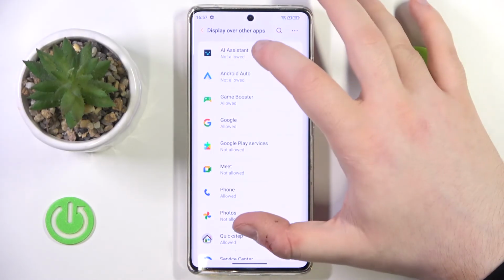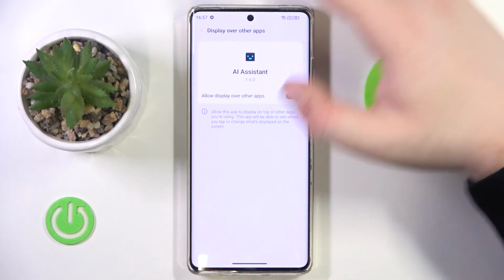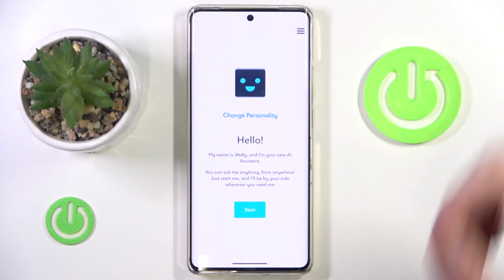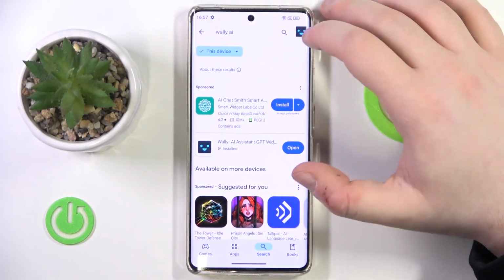permissions. Now you have to select AI assistant and click here to allow this app to display over other apps, and then you can go back and go back again. Now click start, and as you can see right here there is my ChatGPT widget, and I can open him